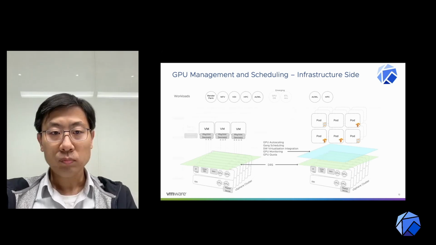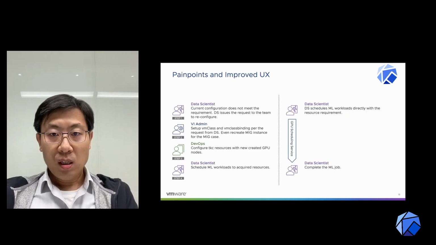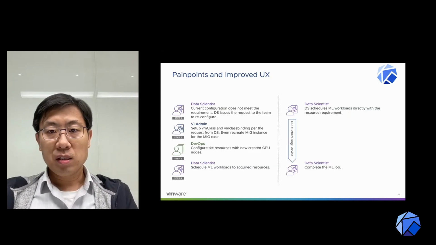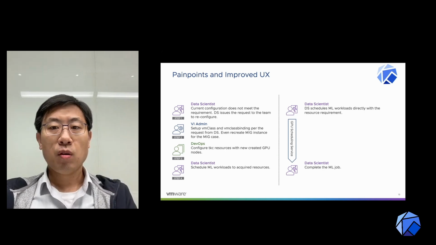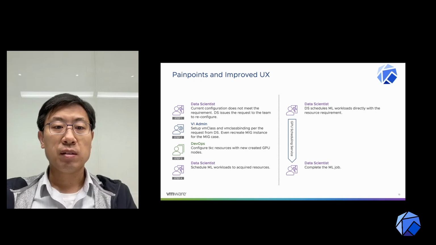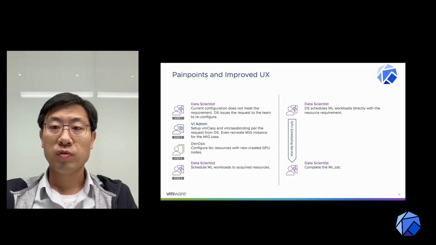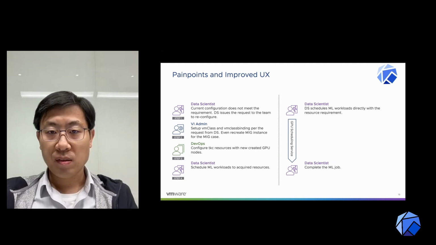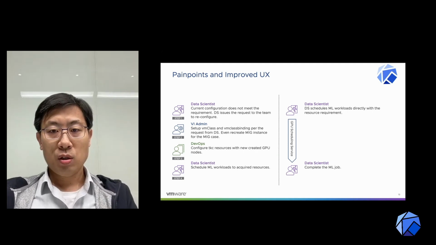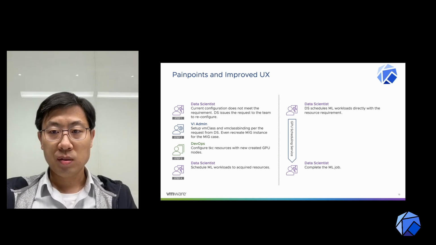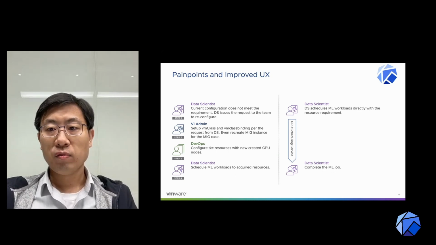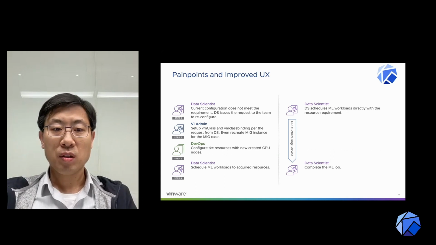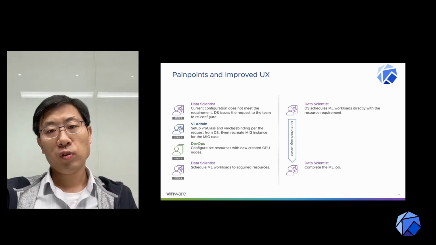And for now, as you know, most of these machine learning platforms and their underlying infrastructure are not aware of the underlying, for example, vSphere GPU resources, and could not issue a request for dynamic GPU resources because of the lack of a GPU interface and services, right? So for the case of Kubeflow,